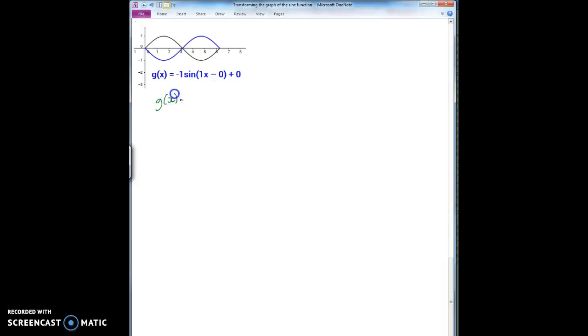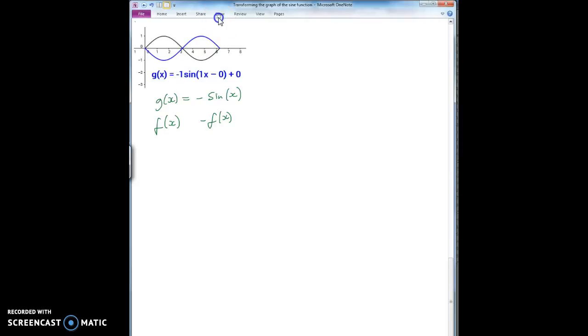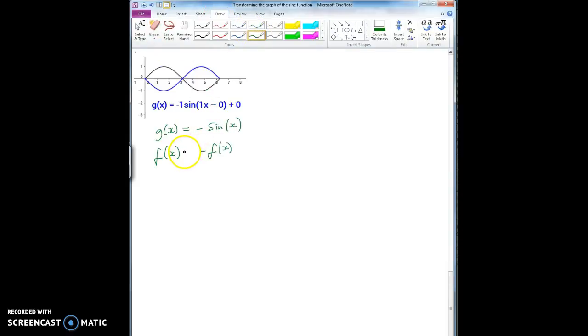This function would simplify to g of x equals minus sine of x. So all we're doing, if we consider f of x to be sine x, is f of x goes to minus f of x. Whoops, I used the wrong sign there, that should be a minus sign in there. So this was f of x transformed into minus f of x. This reflects in the x-axis. Now the reason that happens is because